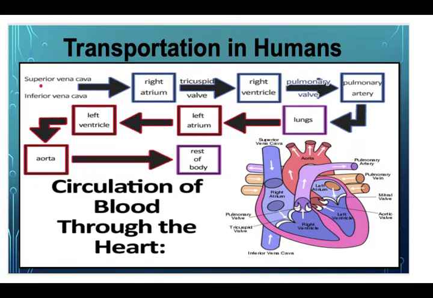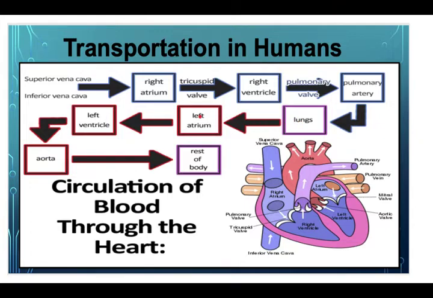Here the blood from the superior vena cava and inferior vena cava comes into the right atrium first, and from here, with the help of the tricuspid valve, when it opens, it comes into the right ventricle, and from here it moves to the pulmonary artery, and then it moves to the lungs, where exchange of gases will take place, and from this blood carbon dioxide gets inside our lungs, and from the lungs the blood takes the oxygen, and then